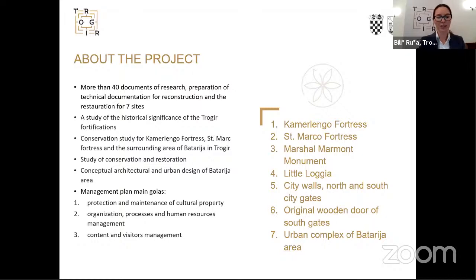This is an extensive documentation of the reconstruction of the Camerlengo Tower, the Tower of St. Mark, city walls, city gates, and the Marshal Marmont Monument, with all expert investigations of the sites. Since its construction 600 years ago, there was only a partial renovation in the 1950s. No investments in these facilities have been made till today, nor has any physical planning documentation existed for the complete